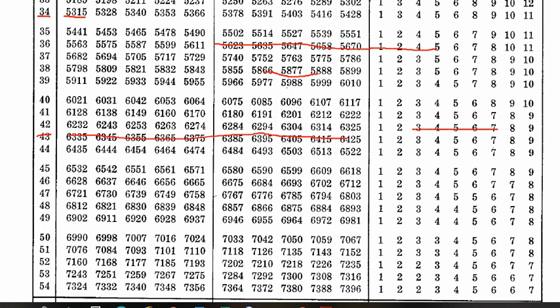Then for 7, when you count from, you have 1, 2, 3. This is under 1. This is difference 1, difference 2, difference 3, difference 4, difference 5, difference 6, and this becomes difference 7. So we add, difference 7 is 9. So you add 9 to